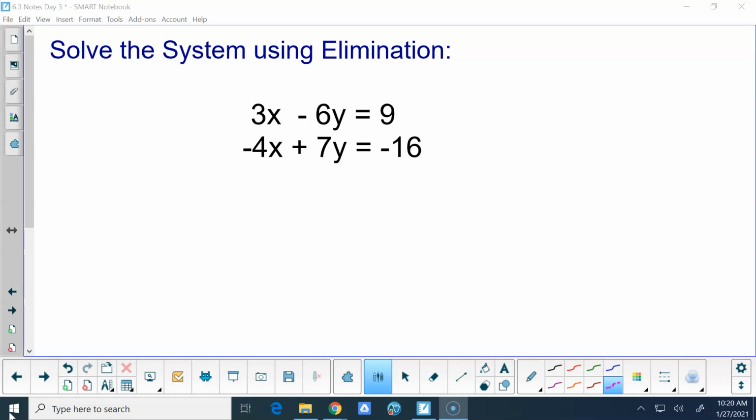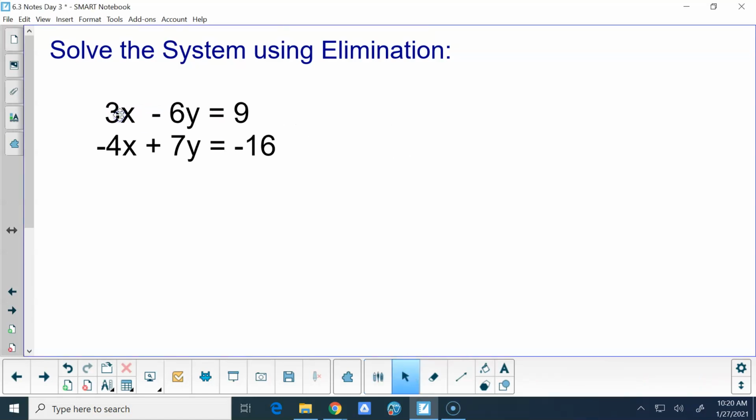Do you want to eliminate x or y? X, good, right? Let's eliminate x. If I'm going to be eliminating x, that's fine, we can definitely do that. What should I multiply the first equation by? 4. Okay. So then that would give me